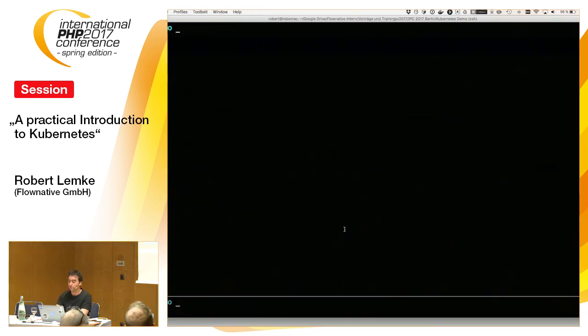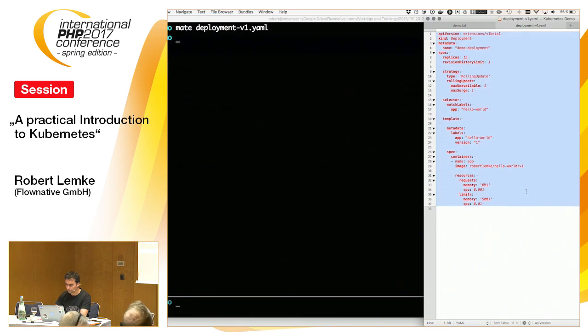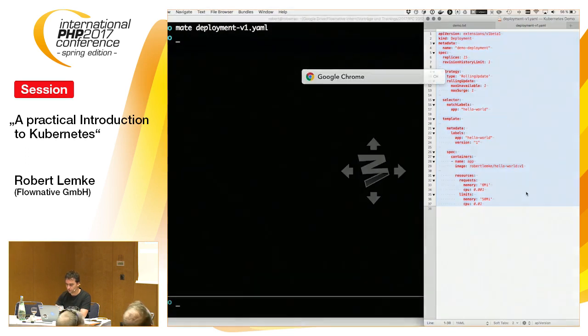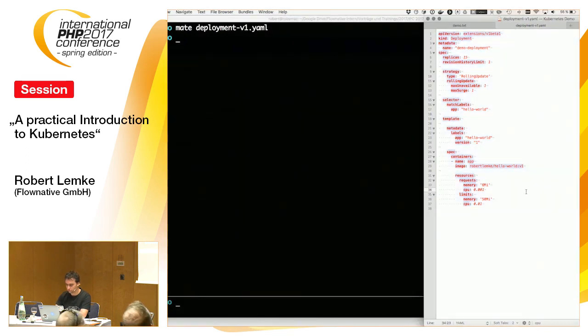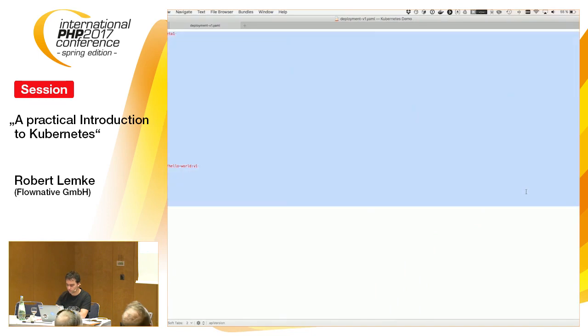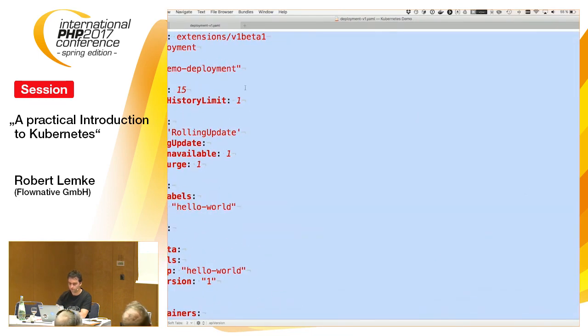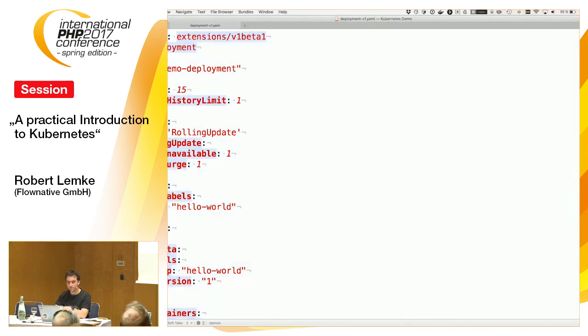So what I really want to show you now is the deployment. Let's take a look at the deployment again. Okay. So let's start this deployment. Let's say we want 15 replicas of this pod, okay?